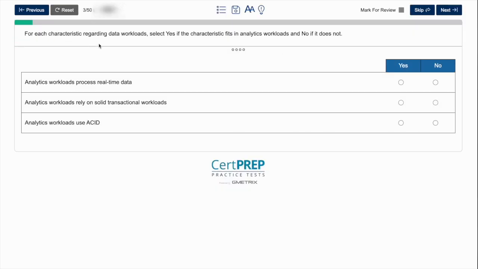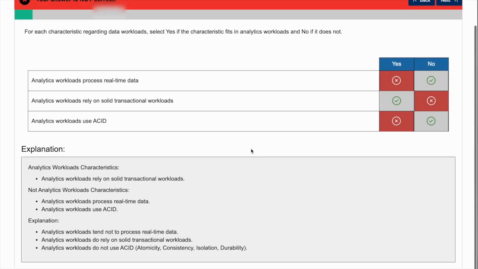For its characteristics regarding data workloads, select yes if the characteristic fits in analytics workloads and no if it does not. So analytic workload processes a real data set. Yes. Analytic workload relies on transactional. No. Analytic workload uses a set, that is atomicity, consistency. No. Okay, so I'm wrong in all